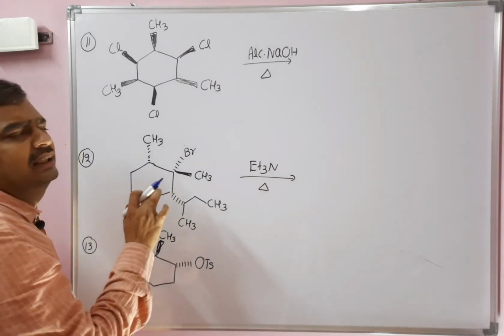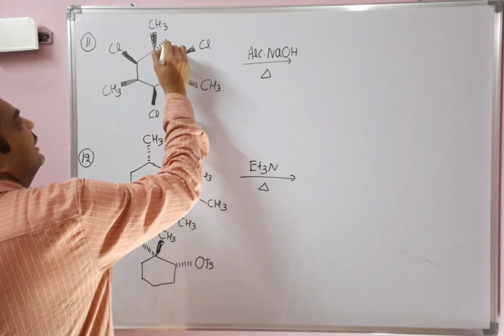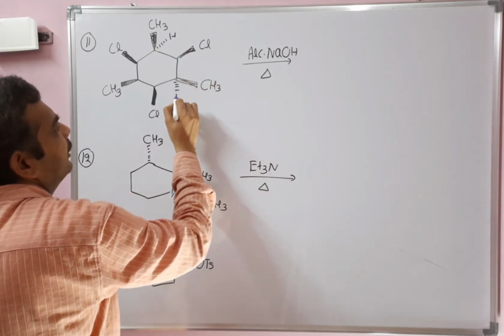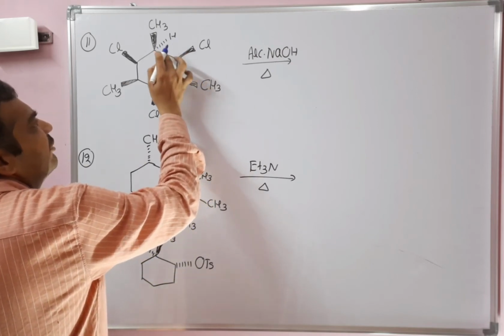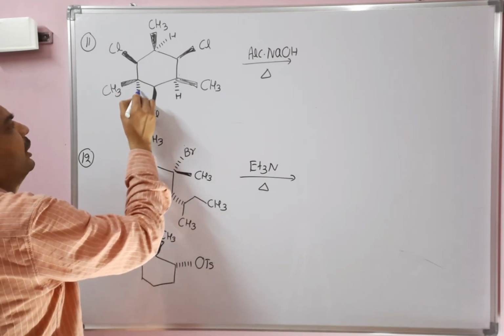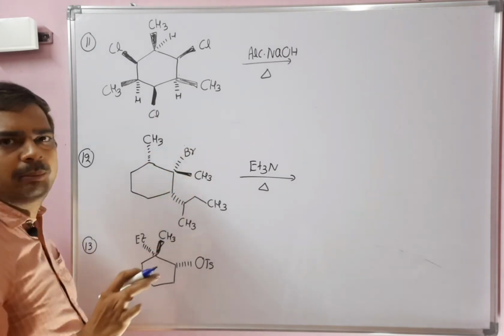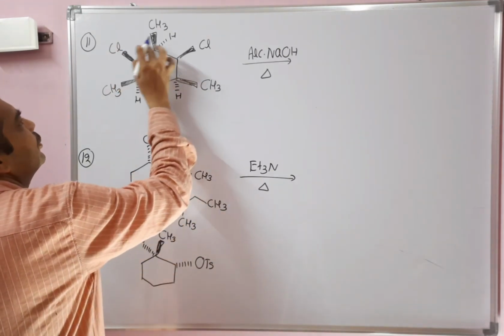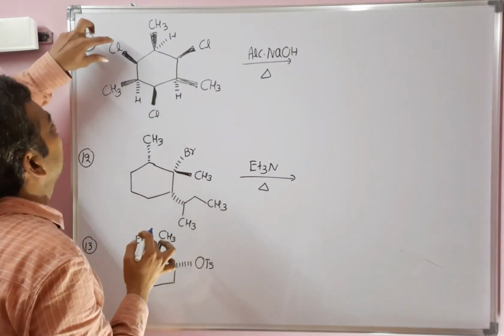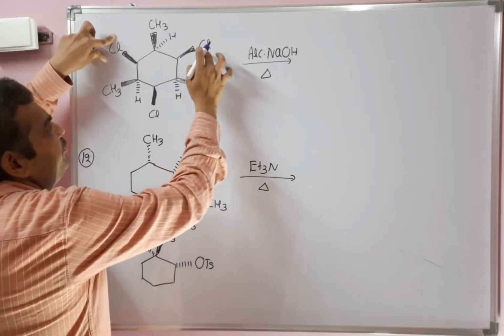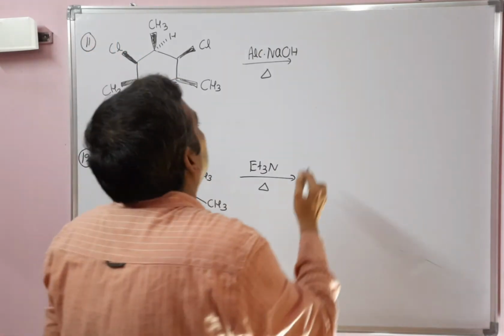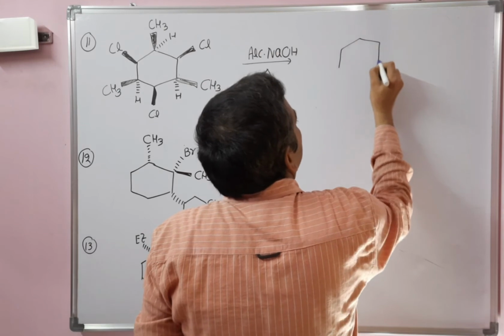So 3 halogens are there in this example. Let's see here, on the adjacent beta carbon, hydrogen is below the plane, here also below the plane. So it can abstract a proton from any of the beta hydrogens. For this, chlorine is above the plane. So 2 beta hydrogens are there, both below the plane. For this again, 2 available beta carbons are there, both below the plane. So for example, this chlorine will abstract a proton here, this chlorine will abstract a proton here, this will abstract here, otherwise this one. So finally we will get 3 double bonds.